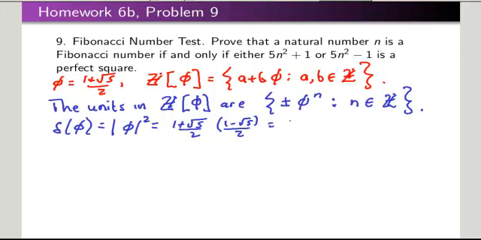On this thing right here, it's 1 minus 5 over 4 is negative 1. So you can quickly see that phi is a unit. And therefore every power of phi is a unit. The converse is a little deeper result that let's just assume for now. So we've got these are the units, and that's just background. Now what you want to do is take the formula for the Fibonacci sequence,